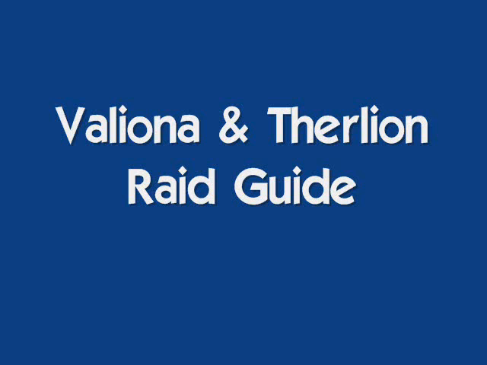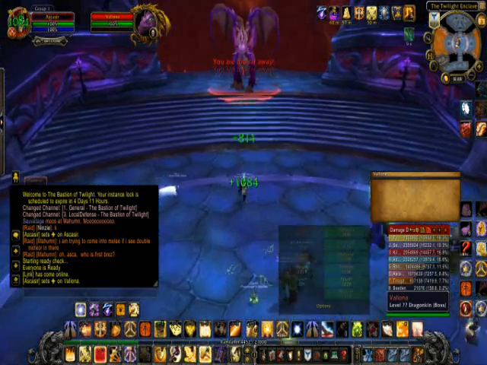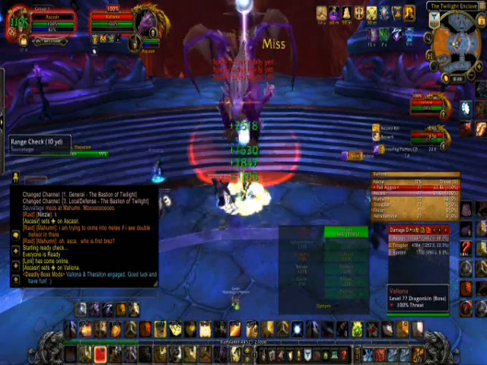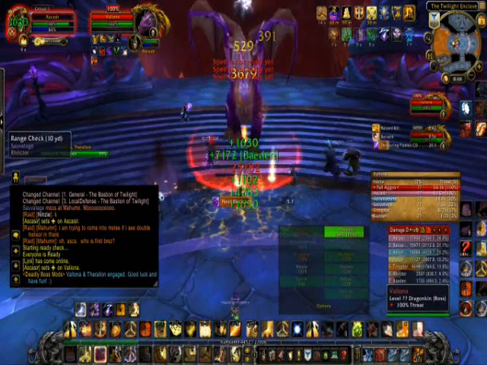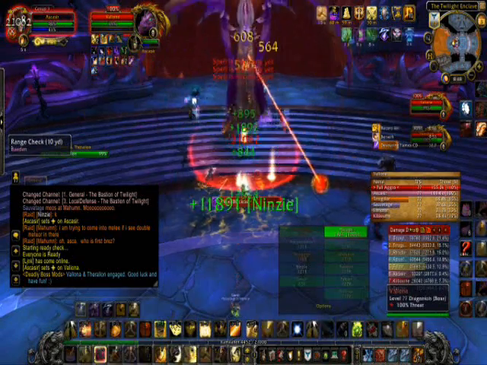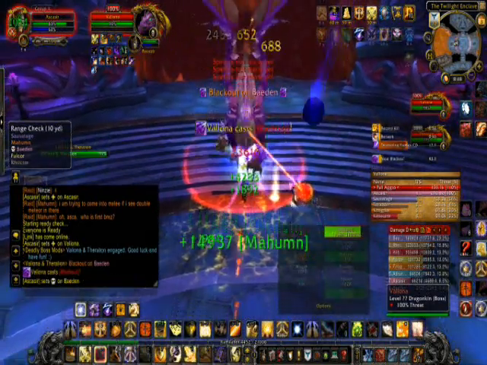As you enter the encounter, you will want the tank to pull Valiona first, which will leave Theralion to fly in the air and start casting Twilight Blast, which will inflict 19,000 to 21,000 shadow damage to anyone within 8 yards of the target. To reduce the damage from this, we made sure everyone was spread roughly 8 yards, and as long as you don't have more than 2 people within that 8-yard radius, we found healing through the damage